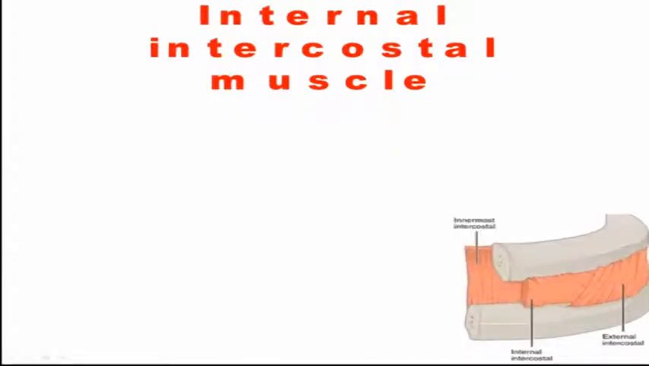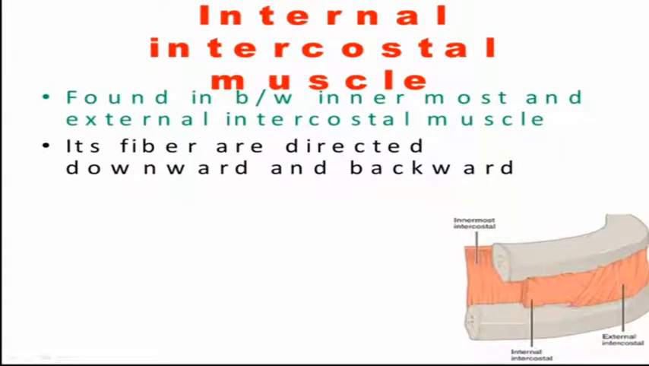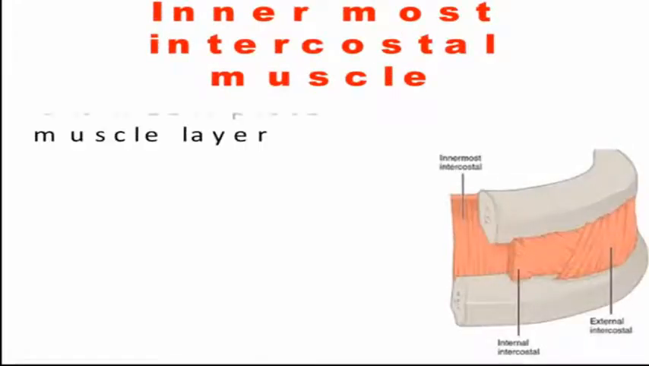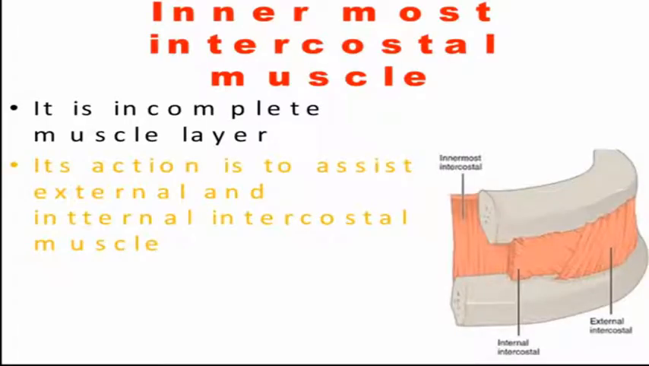The internal intercostal muscle is found after the external intercostal muscle, and its fibers are directed downward and backward, as you can see in this image. Its action is basically depression of the ribs during expiration, while the external intercostal muscle has the function of inspiration and increasing the diameter. It is opposite to the external intercostal muscle. The innermost intercostal muscle is a very thin layer of muscle. Its action is just to assist the external and